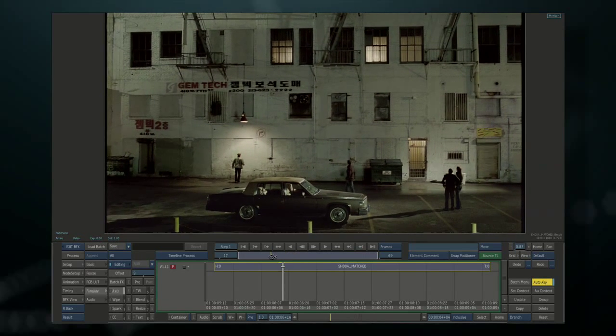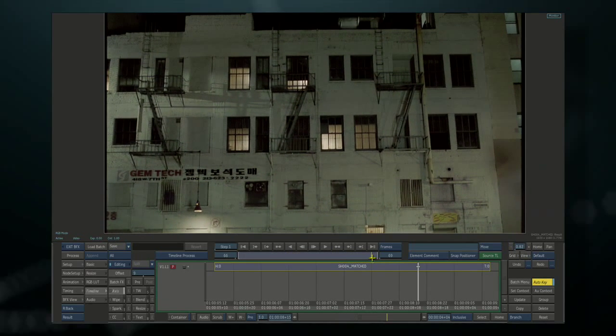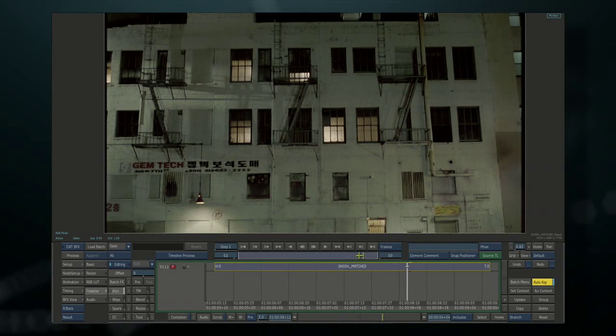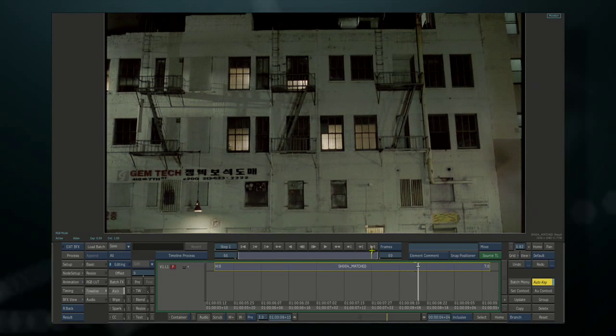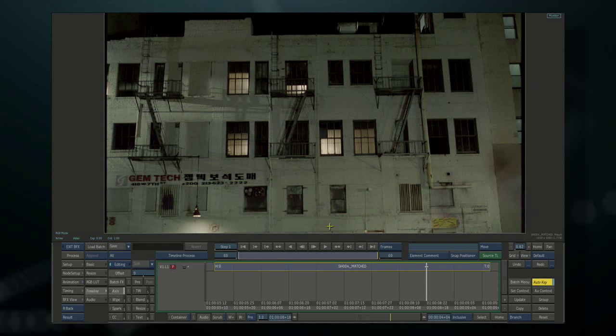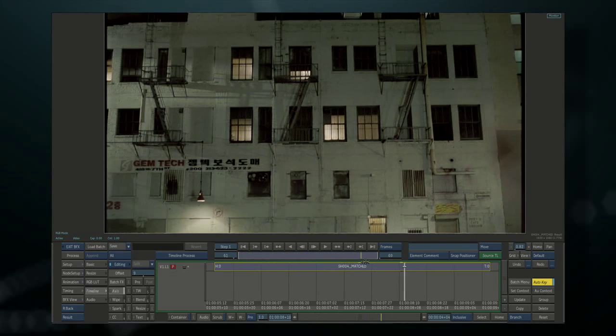So before you can even start a job like this, you really have to neutralize your imagery, right? We don't want to have this logo here and this writing. It's going to be distracting. There's too many windows on this wall. It's going to distract from the effect of the game footage writing on. So what we're going to do is go to the last frame where we have most of the building in our scene,